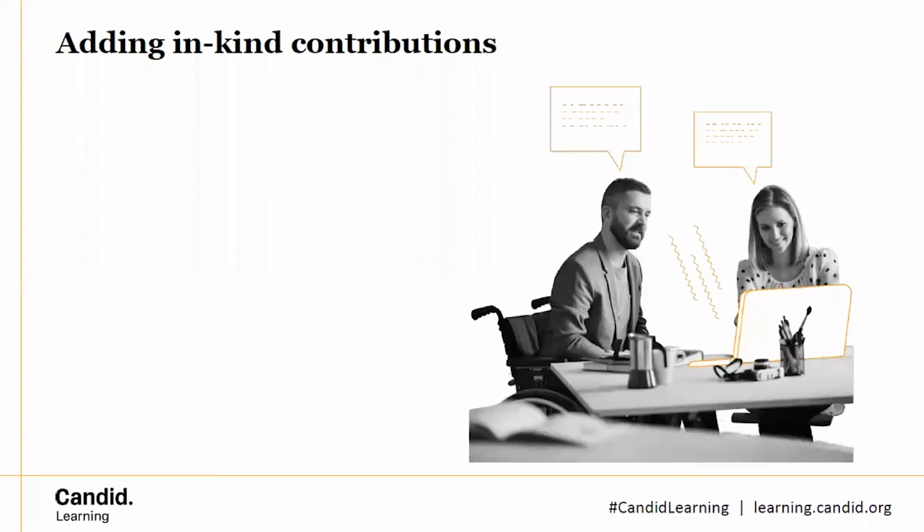So you definitely want to list it both as an expense, as what it would have cost if you did have to rent that space, and then on your income as in-kind contribution, where you will reflect that it is paid for because it was donated.